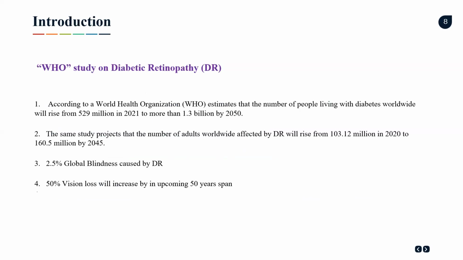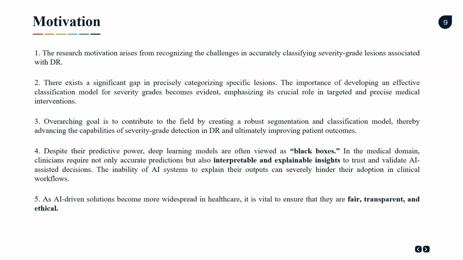And now this is a WHO study that is based on diabetic retinopathy. WHO estimates that the number of people living with diabetes will rise from 529 million in 2021 to more than 1.3 billion by 2050, and there is a 50% increase over an upcoming 50-year span. The motivation behind this is recognizing the challenges and accurately classifying severity grades based on the lesions,